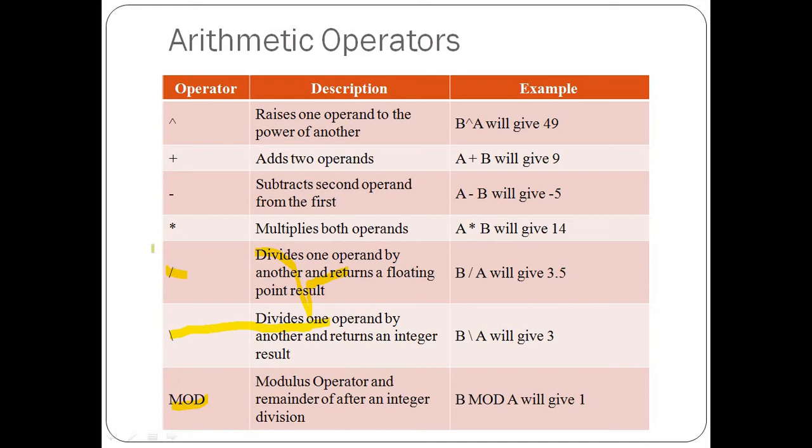We then have one more operator which is called the caret operator. This is used to print a raised-to result, one number raised to another number, or it raises one operand to the power of another. For example, to write 2 cube, 2 raised to 3, we use 2 caret 3, which means 2 cube, and it will display the result as 8. So the caret symbol is used for having the result wherein one number is raised to the other number.